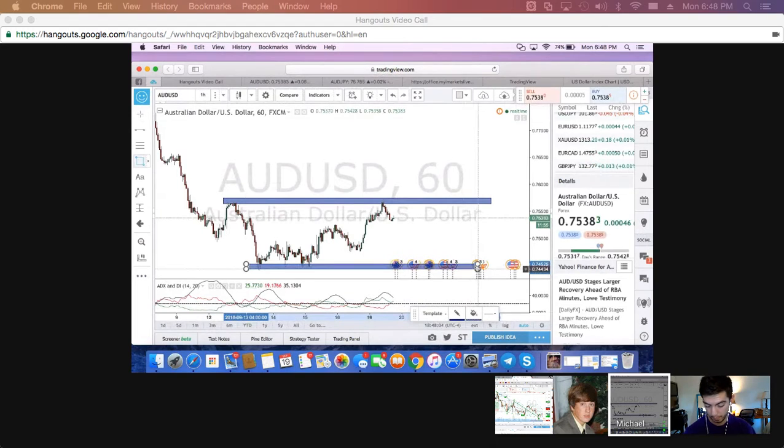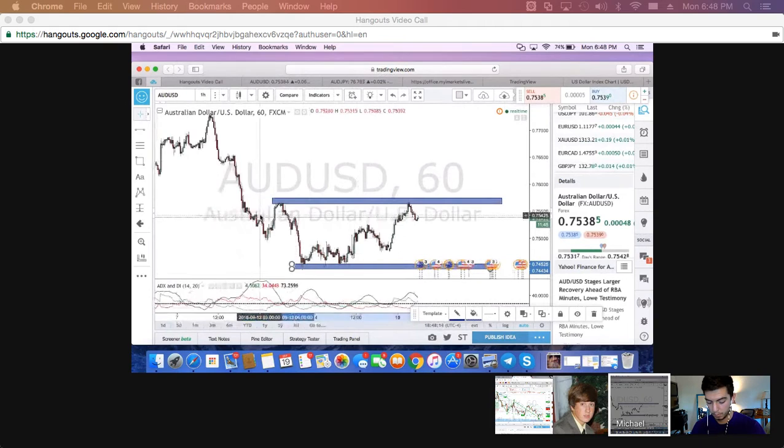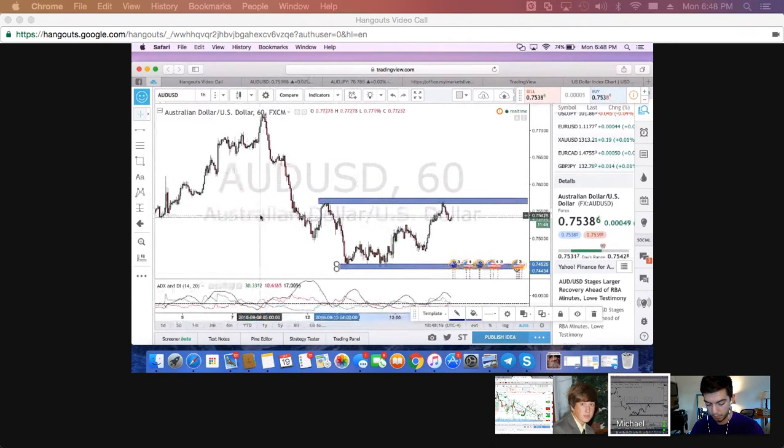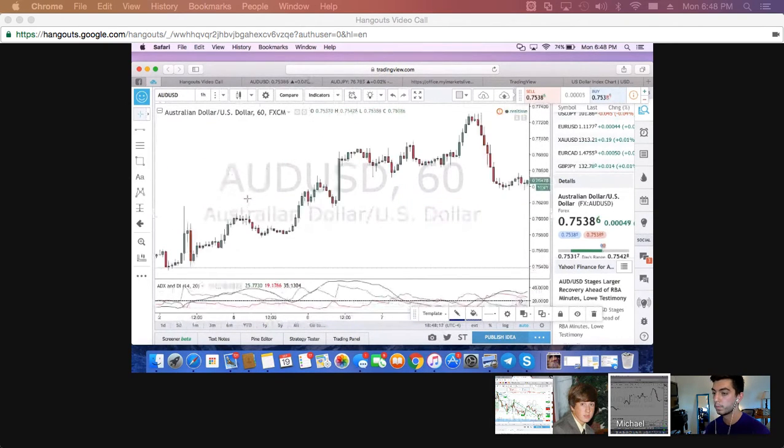You want to draw it from the wick to the body. Now this one's kind of shitty. It doesn't have to be perfect because you're just waiting for the breakout, waiting for it to retest. Now, wow, see how perfect this is? Like if you were looking at this,